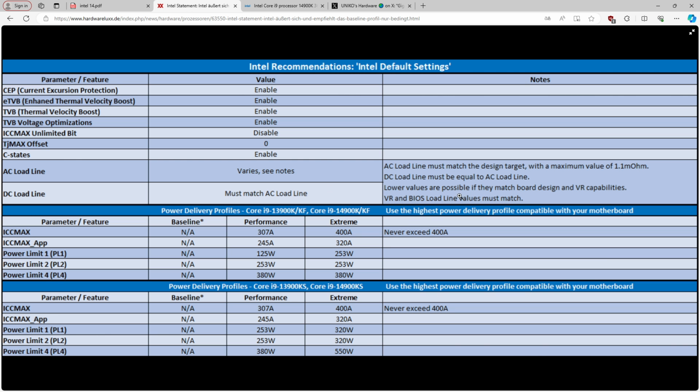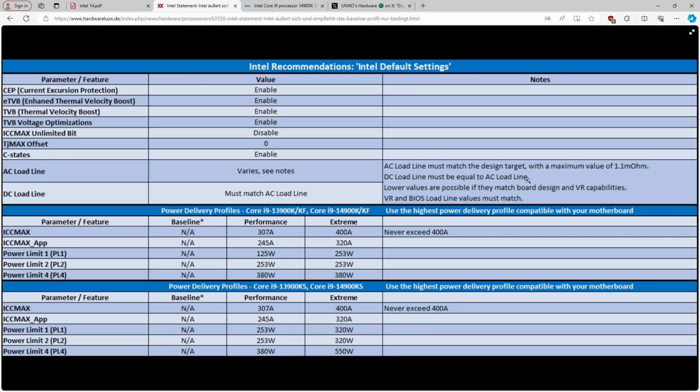But I still have the issue with this, where Intel says AC load line must match the design target with a maximum value of 1.1 milliohms. This I've never seen a motherboard actually exceed until the Gigabyte baseline profile came along. That was the first time I've seen a motherboard go over 1.7 milliohms on the load lines. DC load line must be equal to AC load line,